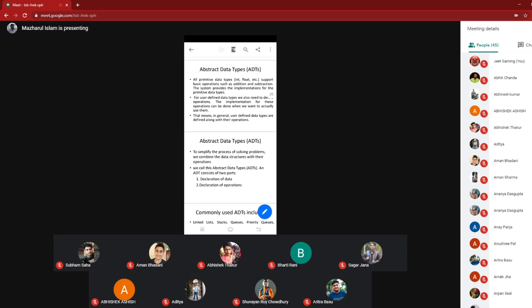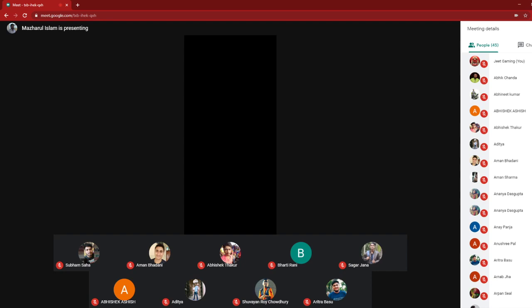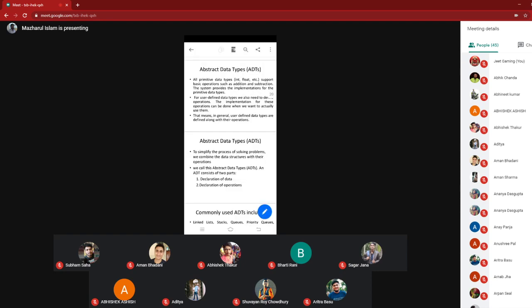You just simply declare int i, j, and in the next line you write k equal to i plus j. You perform the plus operation, but how this operation is actually implemented inside the programming language is known only to the designer of the language, the compiler writer. They have defined how i plus j equals k, but that is hidden from you.